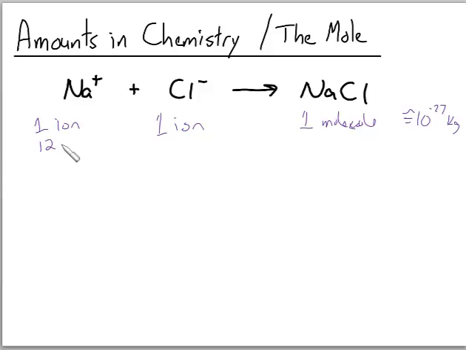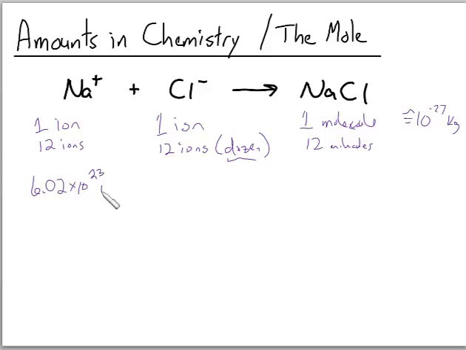Imagine this: what if I said 12 ions and 12 ions to produce 12 molecules? All right, that's a little bit bigger. Fine, it's still in that range. The reason I mention 12 is that instead of saying 12, I could say a dozen. 1 dozen of this, 1 dozen of that yields 1 dozen of that. So we have these phrases that we can use to represent some amount. Well, in chemistry, it turns out there is an amount we use, and I'll get into where this number comes from